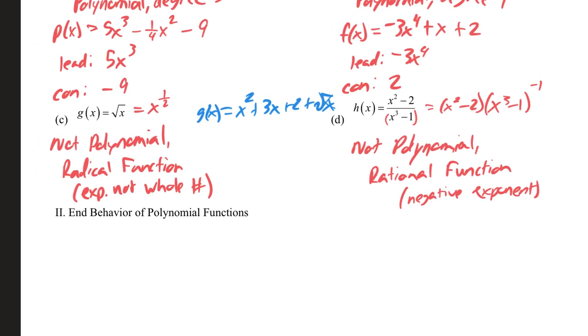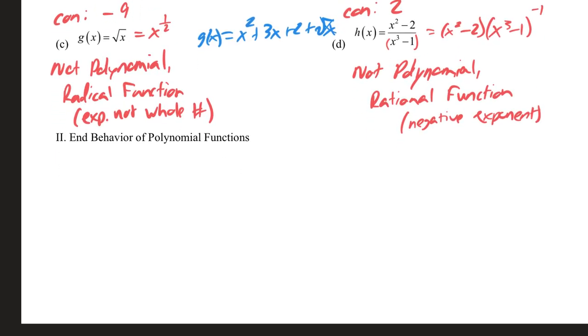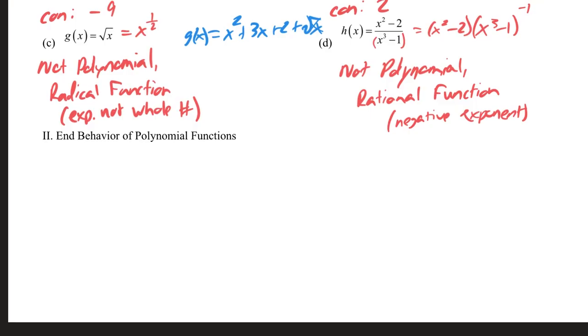Okay, so let's just identify degree, lead term, constant. And the reason you want to be able to identify those things is when we start talking about behavior of polynomial functions, the leading term is going to tell you a lot of information. Right? So talking about end behavior of polynomial functions, and then there's this blank down here, some space for you to write. So if I said sketch the graph of x squared,